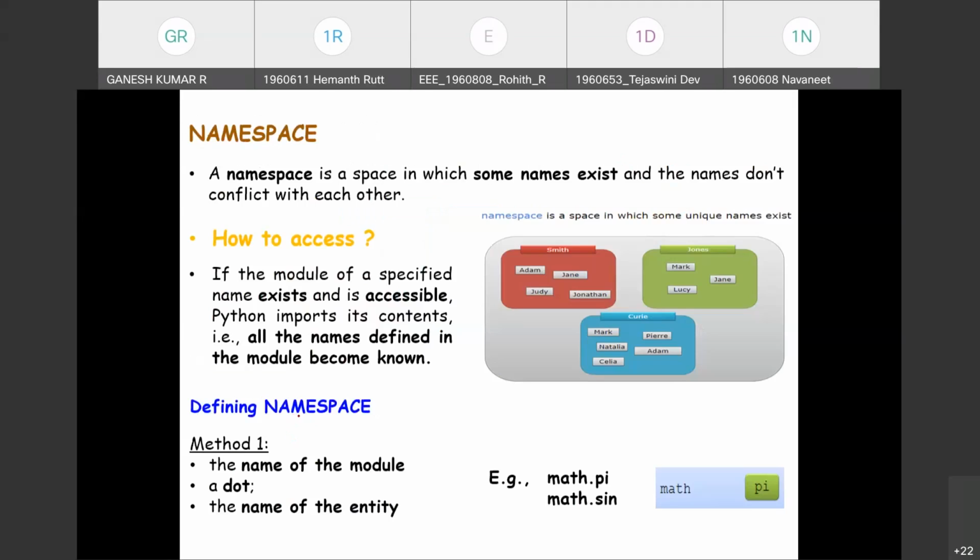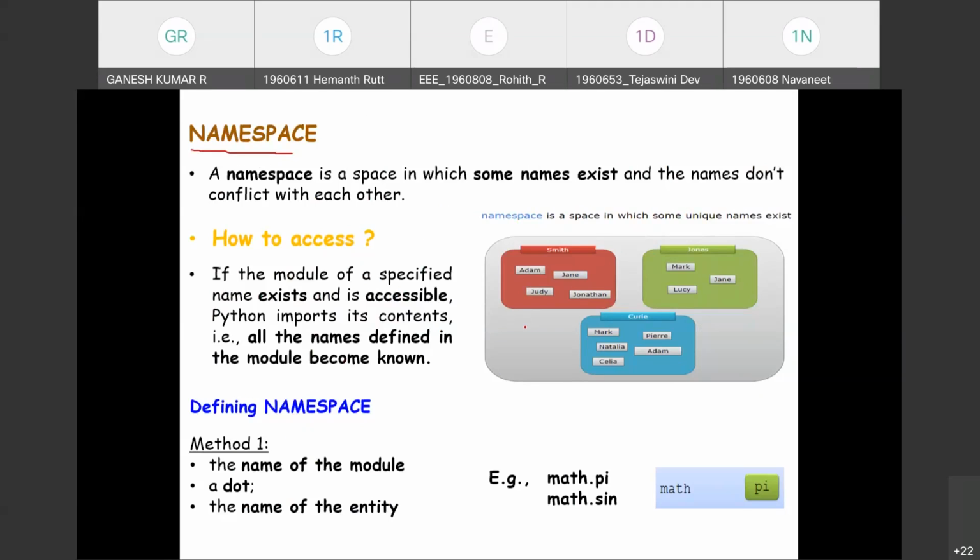These modules are accessed with the help of a namespace, a space in which names exist and do not conflict with each other. It's one of the important principles of object-oriented programming languages. Real-time applications will have the same names used on different occasions.